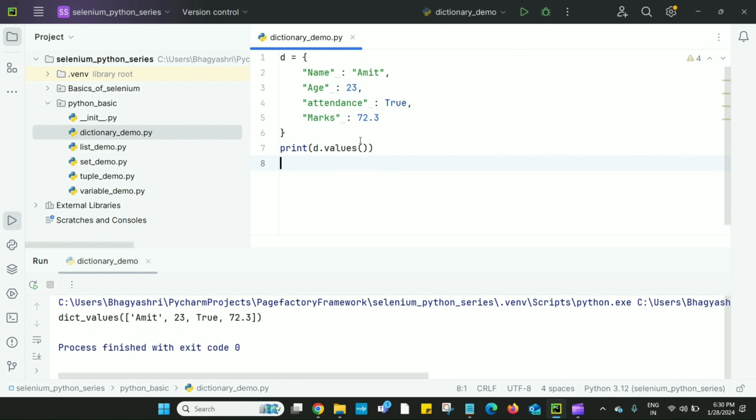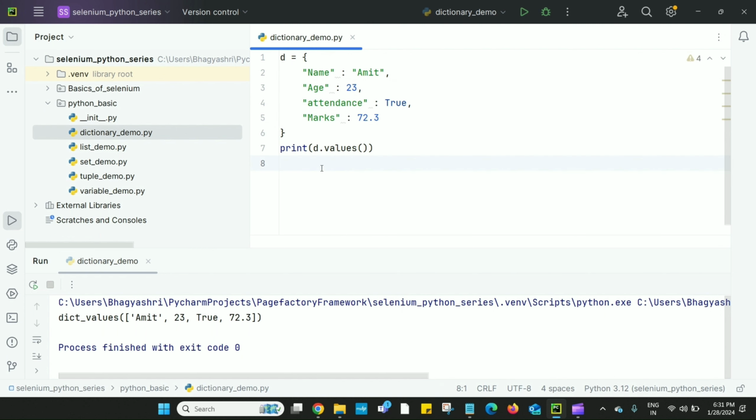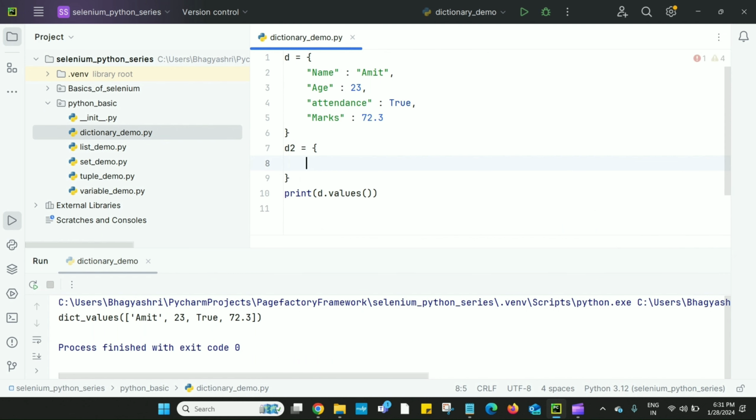Now, suppose I want to update this dictionary, to update a value. For that, the update method is there. I'm defining another dictionary d2, and suppose I want to update name. For the name we have to give exactly the same key name, then only it will update the key.